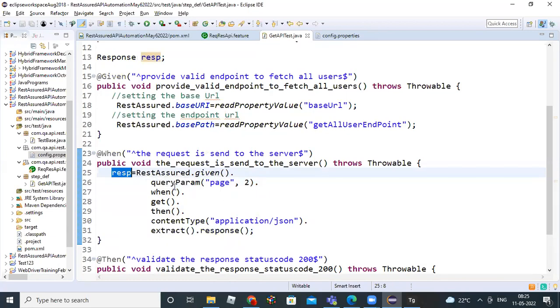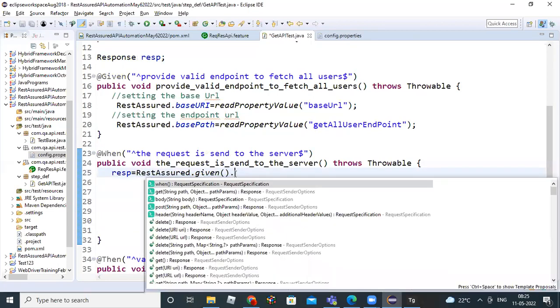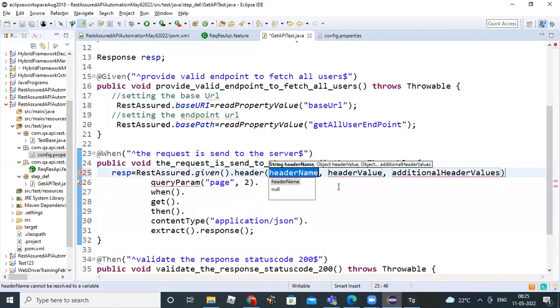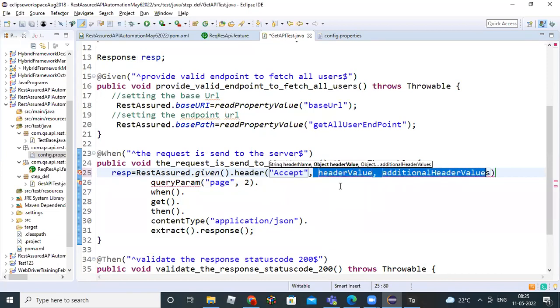So you can give query parameters like this. You can add headers also, query parameters also, everything. You can just put dot and automatically everything appears. You see, even headers are there. You can give headers also if you want, right? See, let's give a header also. Accept, right? Accept. So application